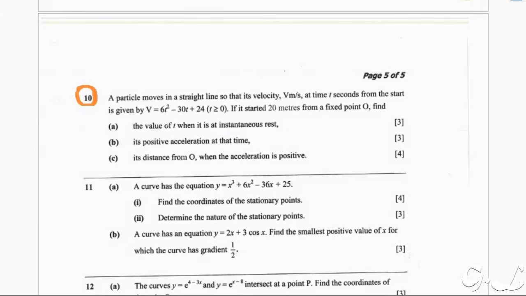If it started 20 meters from a fixed point O, find A, the value of t when it is at instantaneous rest and that is carrying 3 marks, and then B, its positive acceleration at that time and that is carrying 3 marks, and then C, its distance from O when the acceleration is positive and that is carrying 4 marks. Let's try to get into the solving,